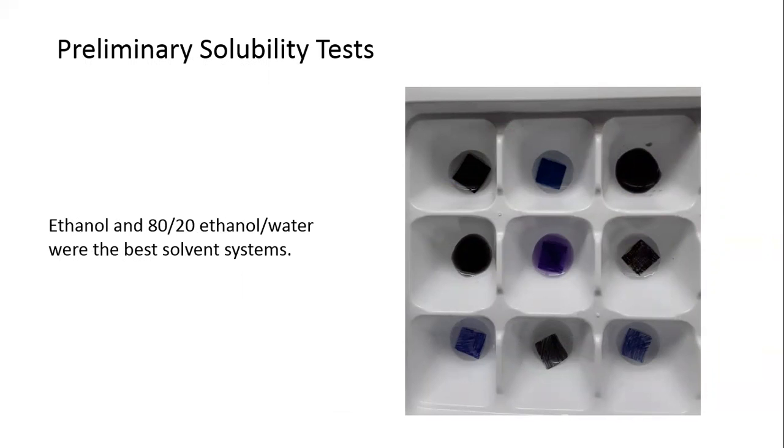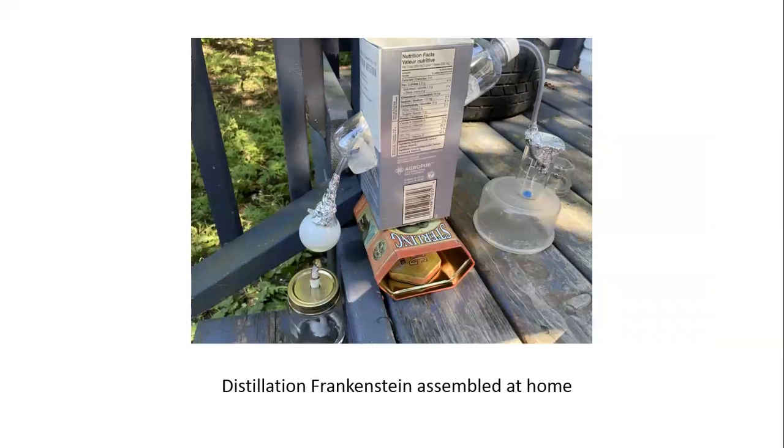Now, we did not have access to the lab, but I had access to the grocery store. So the way I obtained the organic solvents used in this analysis, I built a distillation apparatus which looked as follows. Acetone was obtained via distillation of a nail polish remover. Some of them still use acetone. The distillation